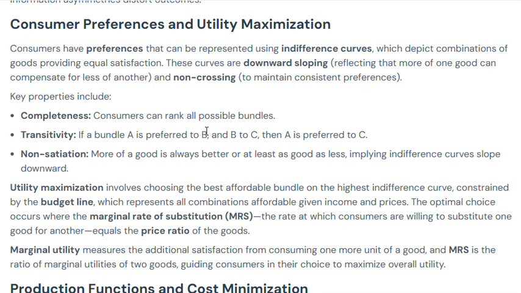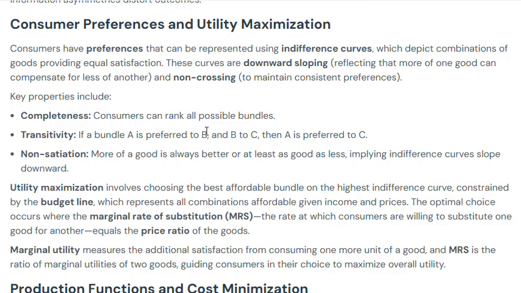The key properties include completeness, which is that consumers can rank all possible bundles. Transitivity: if bundle A is preferred to B and B to C, then A is preferred to C. And non-satiation: more of a good is always better or at least as good as less, implying indifference curves sloping downward. Utility maximization involves choosing the best affordable bundle on the highest indifference curve,